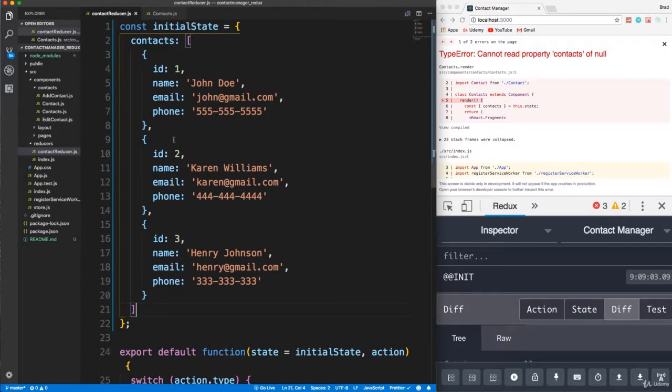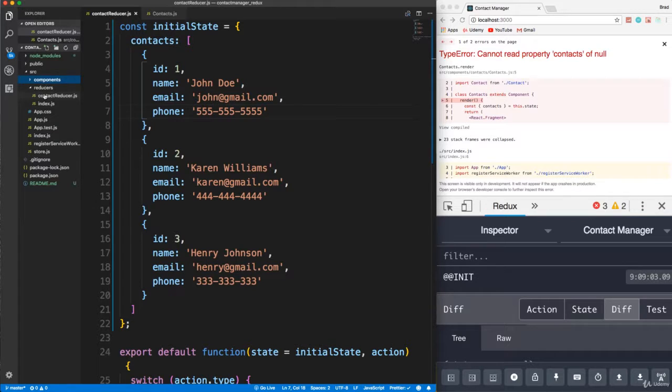Now with Redux, we need to define something called types, action types. Just like in the context we had, remember, delete_contact and add_contact, we need to do that, but we actually define them as constants in a file. What I like to do is put a file called types in my actions folder. We don't have an actions folder yet, but we're going to create one. So let's create a folder called actions. And inside, whoops, it shouldn't be in reducer, that's wrong. It should be right in the source folder. So in the source folder we should have actions, and inside actions let's create a file called